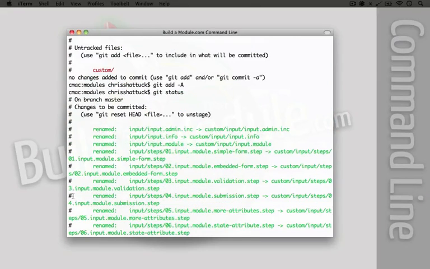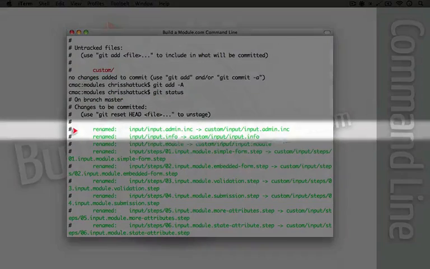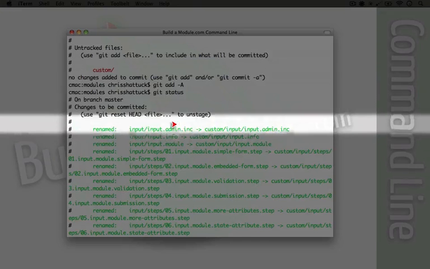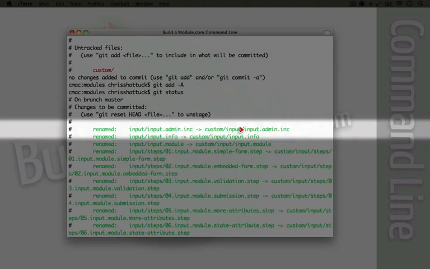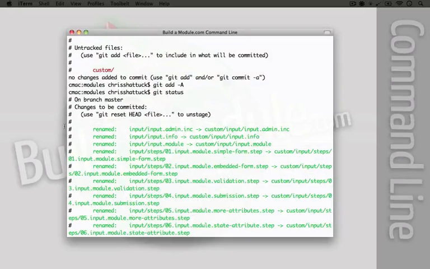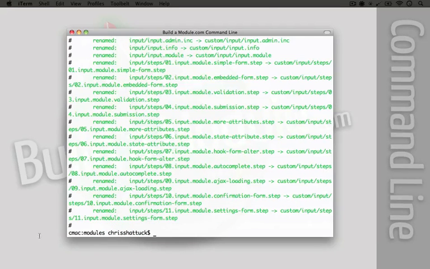We see the same thing that happened when we used the move command. It says renamed input/input.admin.inc to custom/input/input.admin.inc. So this is actually quite intelligent. Git is sensing when a file is the same as a file that was in a different position earlier. Let's go ahead and commit this change